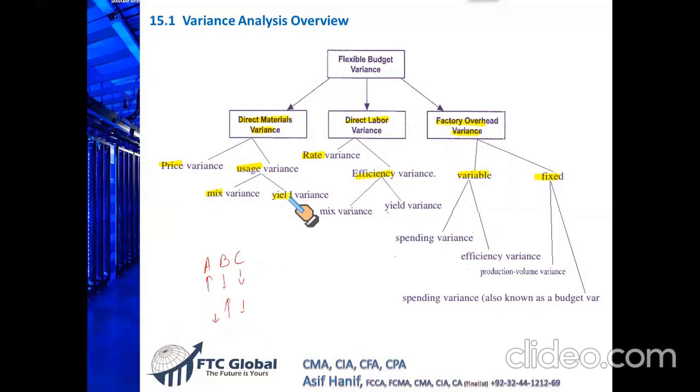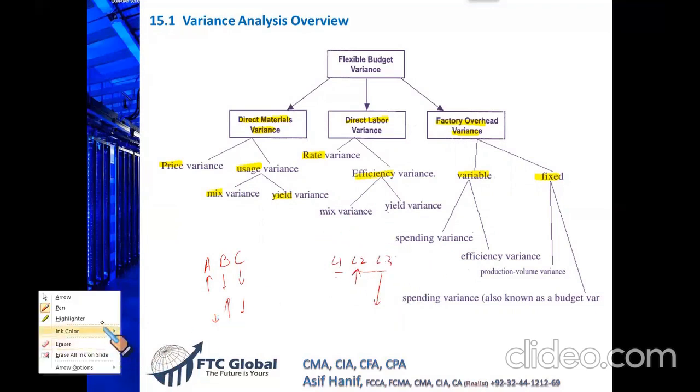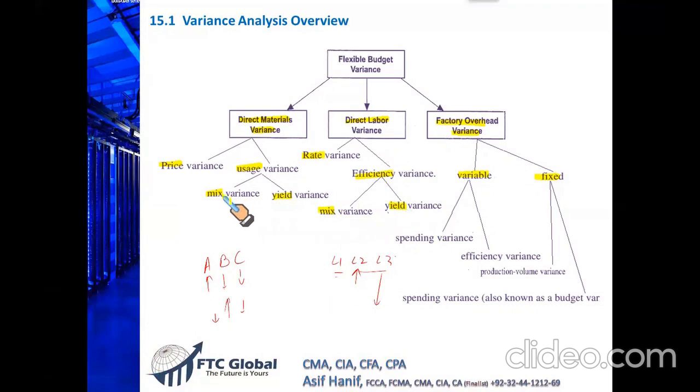And similarly, we may have different types of labor, labor class 1, labor class 2, labor class 3. So we can mix these labor types; sometimes we can use more labor hours of labor 2 and fewer labor hours of labor 3. This mixing of different types of labor will give us two types of variances: mix variance and yield variance, just like these, mix and yield, right? Once it is done, then we will analyze factory overhead variance into variable and fixed. Variable factory overhead variance, also called the variable overhead, can be split into spending and efficiency. We will discuss all these with formulas, with questions. And fixed overhead variance can be split into production volume variance and spending variance.